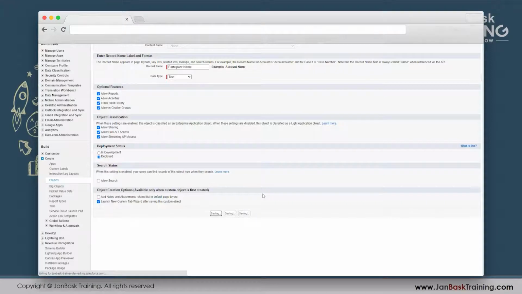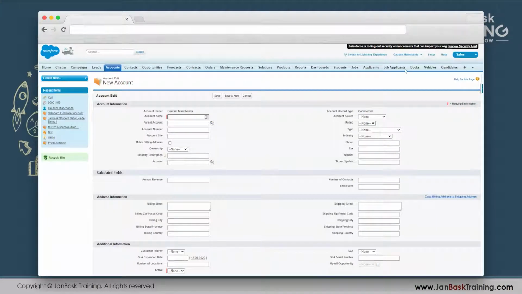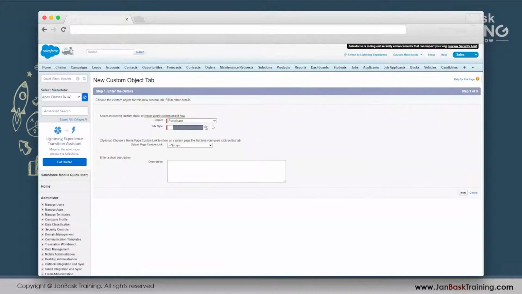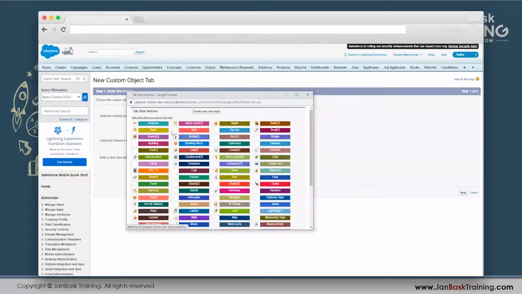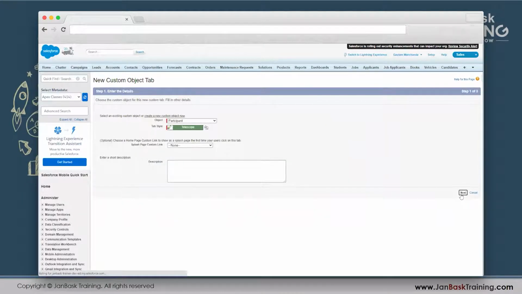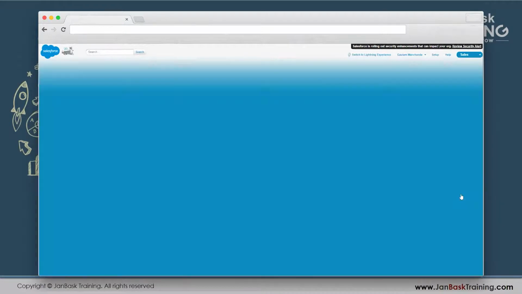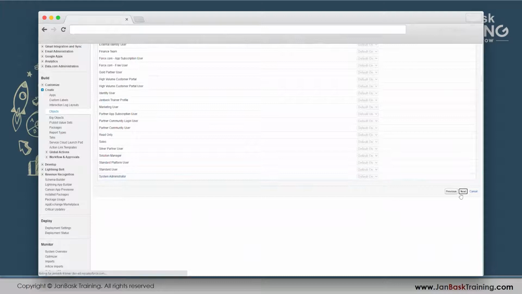What it will do is help me create a tab for it. I'm creating an object, but I do not have this tab. How do I access it and go inside and do something? For that, I have to create a tab also. So I come to this page. I select any particular tab style, then click on Next. I keep the remaining settings at default. I scroll down. This is a page for permissions, which will be coming in class 4.